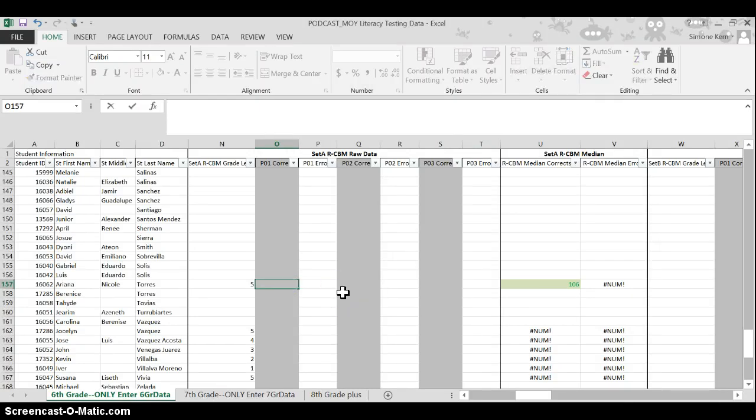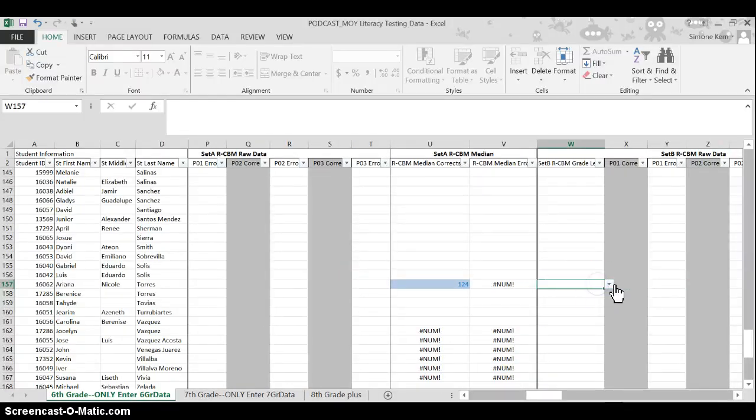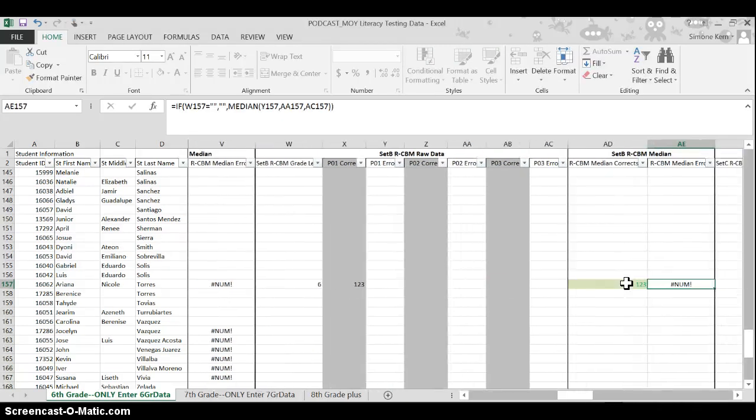If this student does really well on a 5th grade, if they get a 124 or higher, then I get to up test them. So the RCBM median is going to turn blue. If you see the median turn blue, you're going to come over here and test the next grade level up, which is 6th, okay? And on a 6th grade, as long as they do a 123 or above, it turns green and they're done,